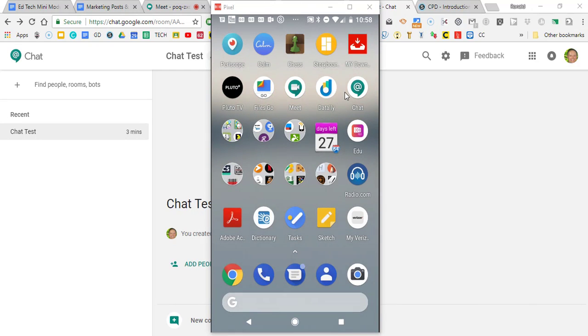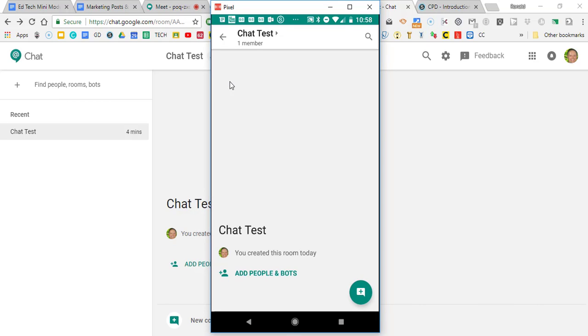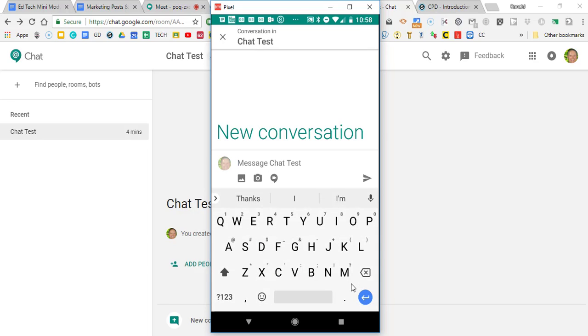Now here's my phone again, and what I'm going to do is click the chat app on my phone. And again, look, there's my chat test. I just made that on the website, and it's automatically appearing on the app side. I can click on that room, and I can just see what's going on. There's no one else in that room right now, obviously, but I can send them a message. But then in my message, I can